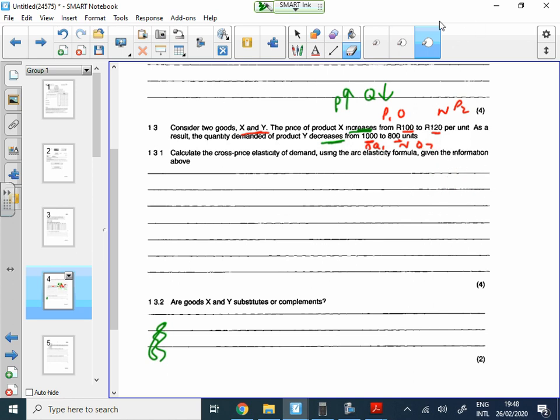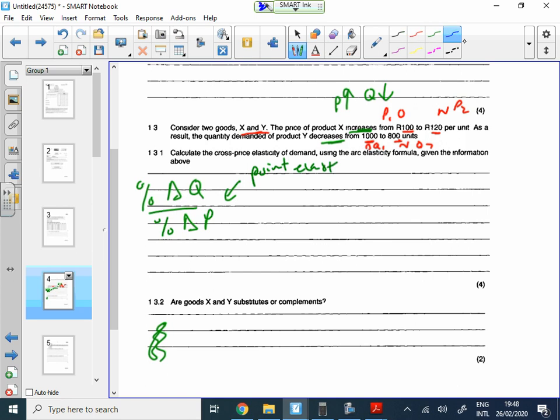Remember what we said. We said percentage change in quantity over percentage change in price. This is how we are going to calculate elasticity. So if you do this, you are calculating point elasticity, right? There's two ways to do that. You can just take the percentage change in quantity and the percentage change in price. It will give you point elasticity. Another way of calculating point elasticity is change in Q over change in P times P over Q,